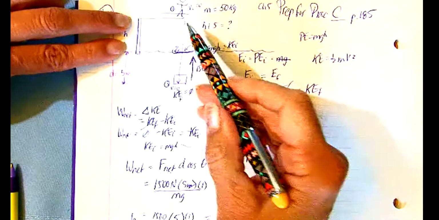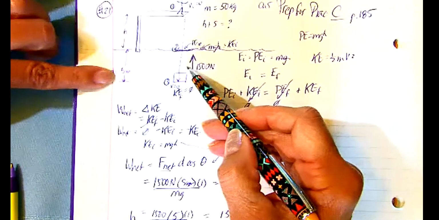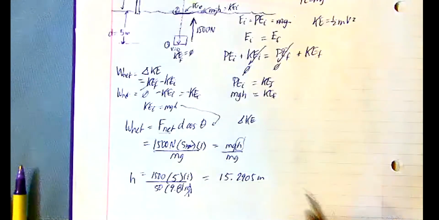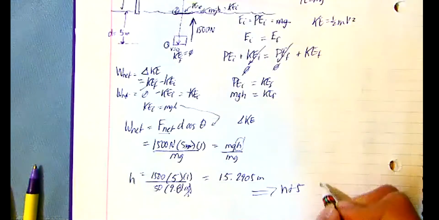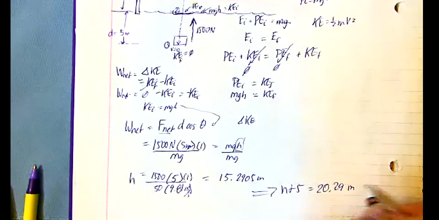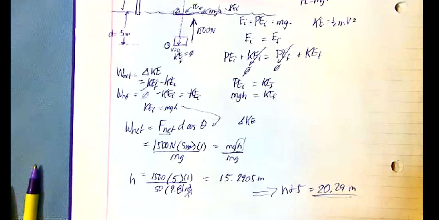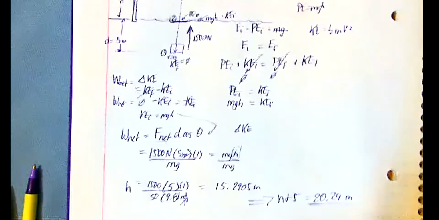far did he actually travel? So the h plus the d, which was 5. So h plus 5 is 15 plus all that plus 5 is going to be 20.29 meters. And there you go. So this one is a complicated problem, but it's because of the fact that we're